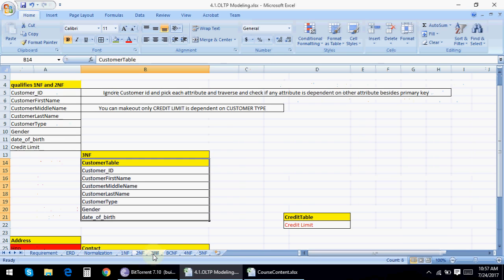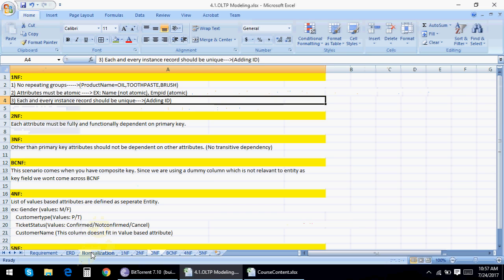The next level is third normal form. The rule is that the data, or the list of columns, should qualify first normal form and second normal form. This is the basic rule.